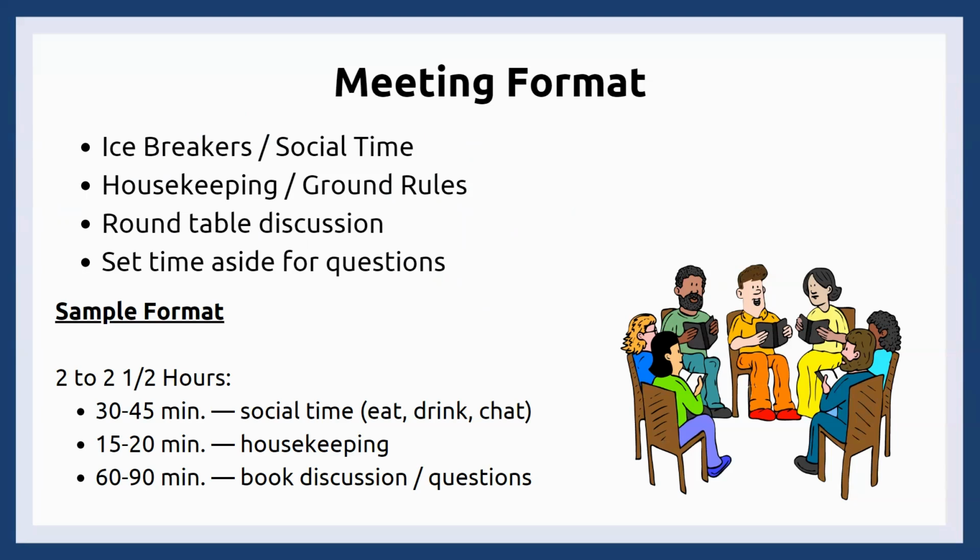A common icebreaker used is 2 truths and a lie. So that's prompting all members to prepare 2 truths and a lie, and then they read those aloud to the group, and then everyone collectively identifies the lie from each member. And then if there's additional time, we can discuss the interesting facts about everyone and gets everyone a little more familiar with each other. So you want to have some social time, whether that's at the beginning of the meeting